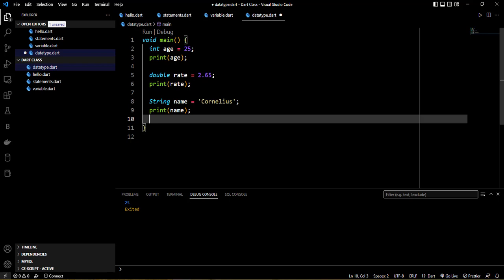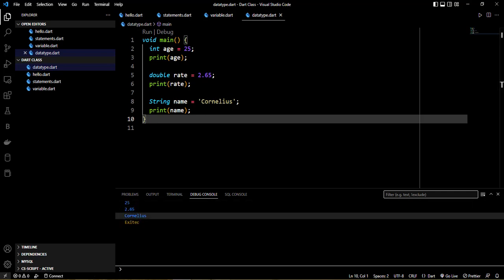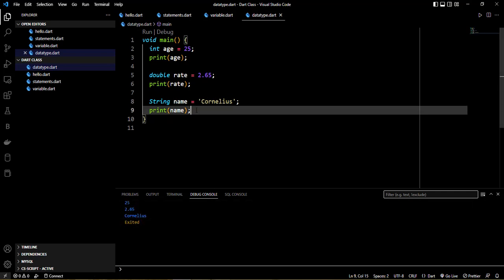So like I said, it also applies to, let me run it so we can see. So you get 25, 2.65 and Cornelius. So like I said, it also applies to any other set of characters that are enclosed inside a set of quotes. So we can say